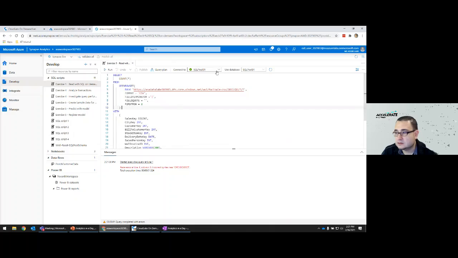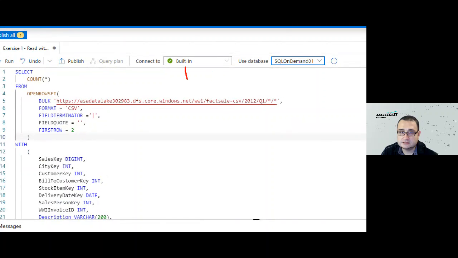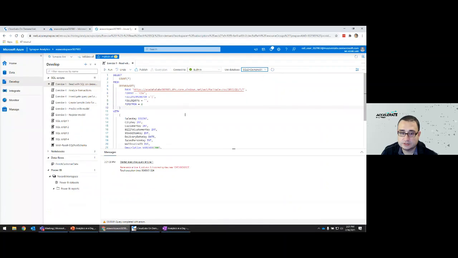Open row set. Oh, okay, this is built in and under SQL on demand. I forgot this step. You have to change this to built-in and SQL on demand 01 to work, because this is pulling from a different pool. So let's run that.